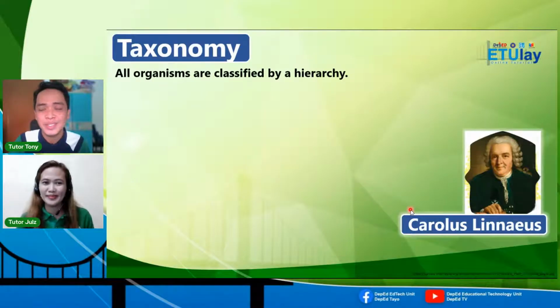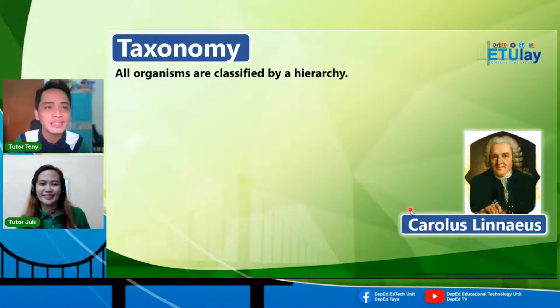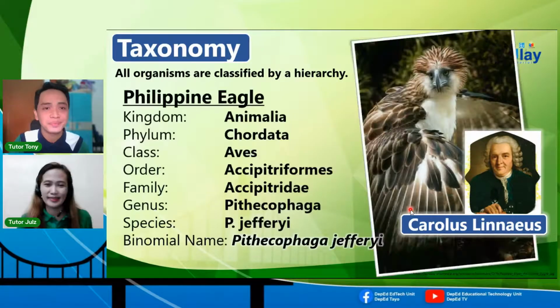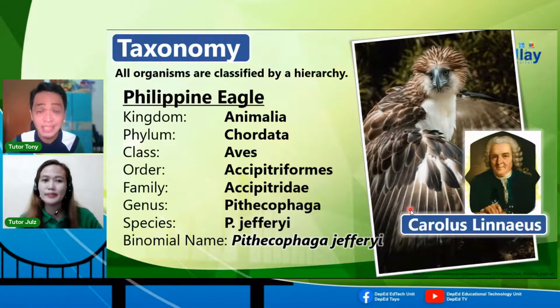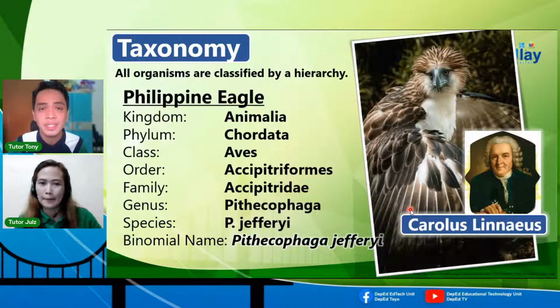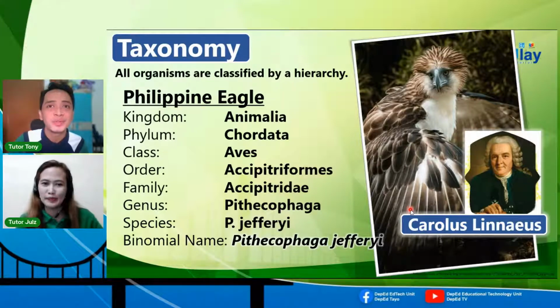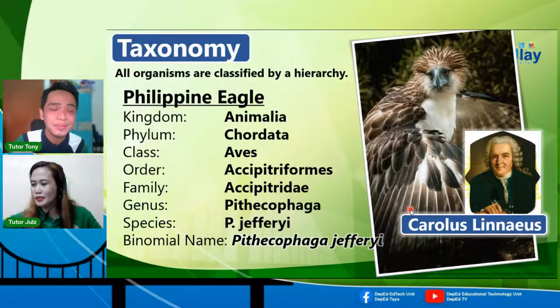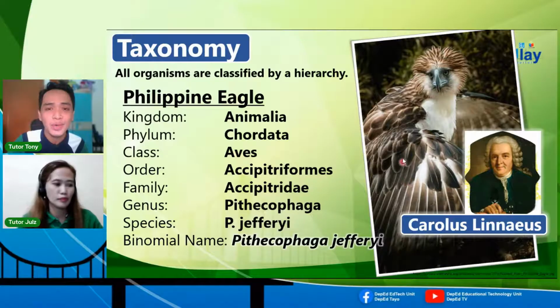If you would recall, Carolus Linnaeus or Carl von Linné started the binomial nomenclature, father of scientific naming. Taxonomy actually is derived from the Greek word taxis, which means arrangement, and the word nomos, which means law. So, law of arrangement. Kumbaga, kailangan ma-identify, ma-classify, at mapangalanan yung mga living organisms. So, sa dami ng mga living organisms, there are still organisms that are being unidentified pa.